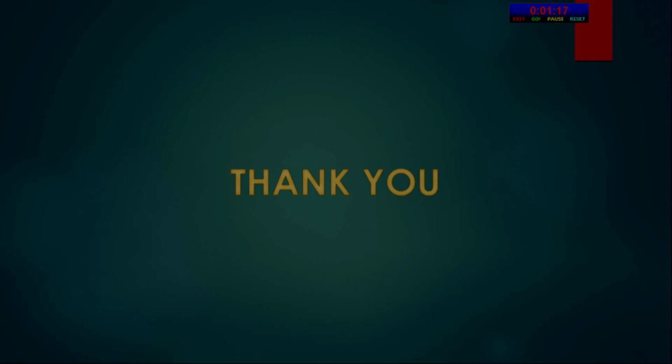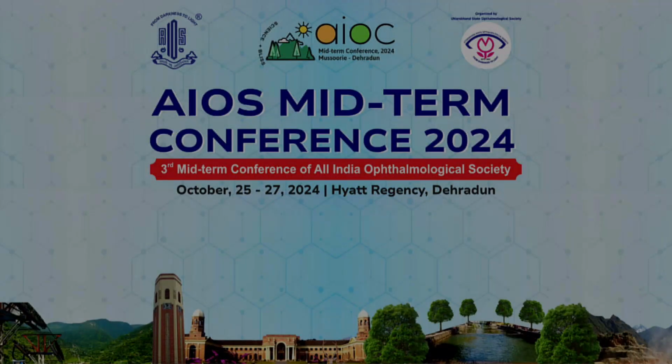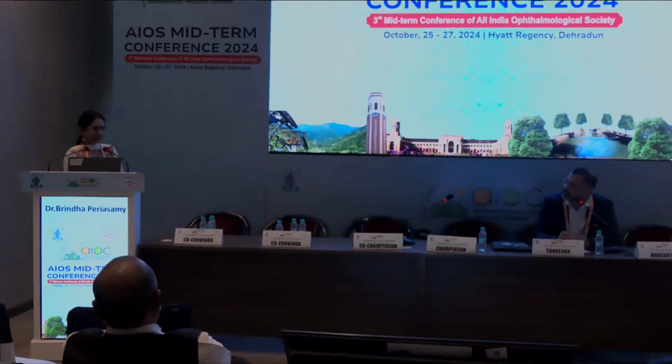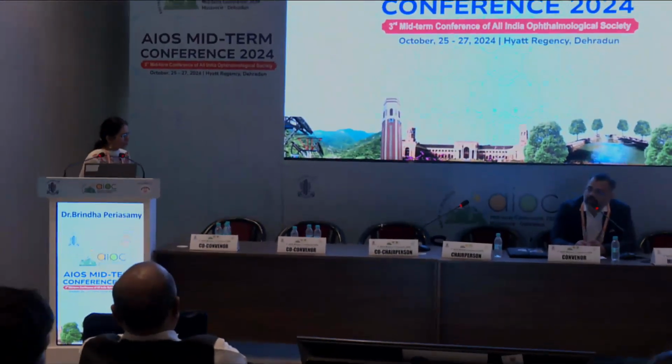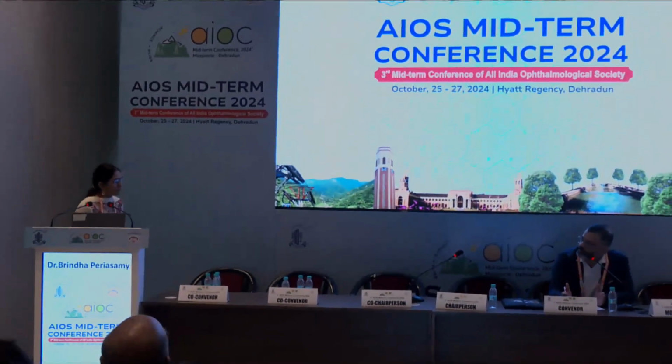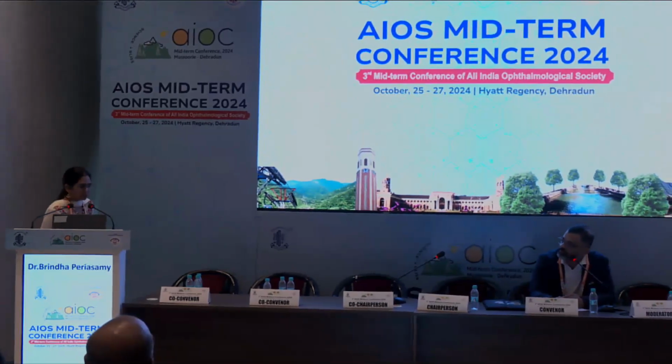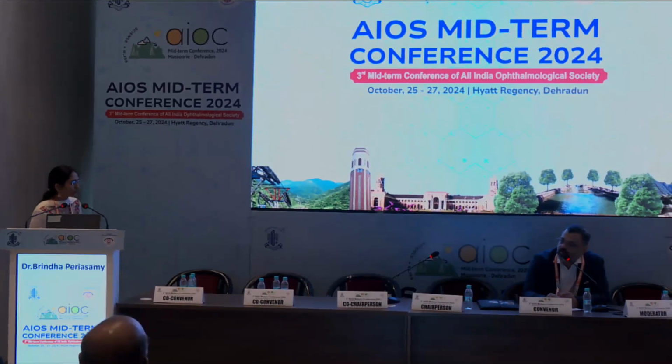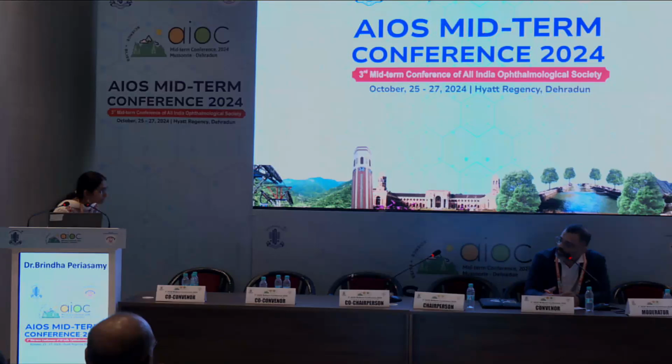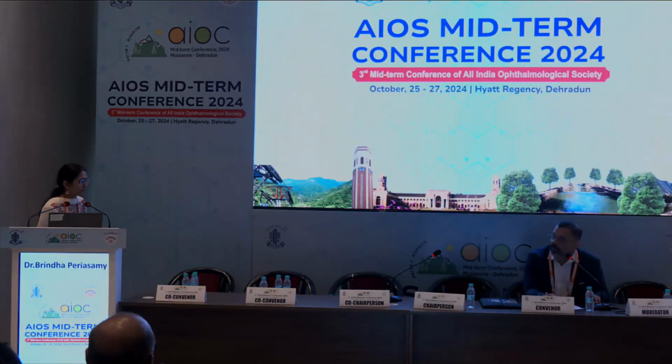What was the general age group in which you have picked up the patients? Sir, it is from 20 years to 60 years. And what was the predominant age group? It's generally 45 to 60 that was predominant, sir. And what is the rationale behind putting eye drop instead of applying it on the lashes or, sorry, the lid margin? I didn't get it. You said that the azithromycin eye drops were used. No, sir, eye ointments. Okay. Fine. Thank you. Thank you, sir.